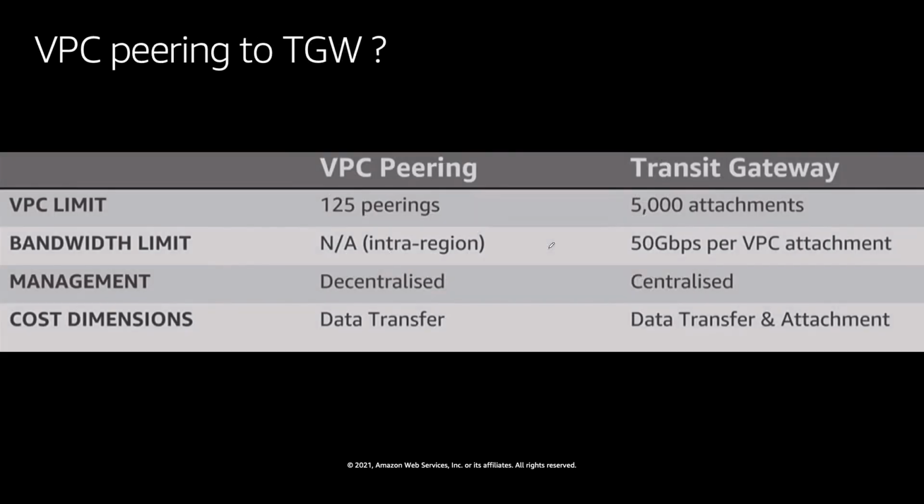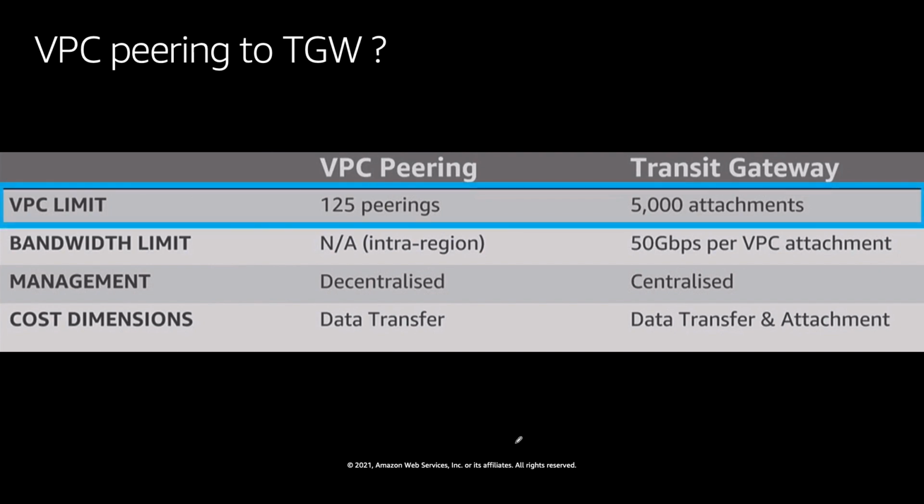So you may ask when to use VPC peering then, if transit gateway is so good. It depends on how many VPCs you have. VPC peering has a limit of 125, and don't take these numbers by heart. A few of the numbers might change as we speak, so look at the documentation for the right number at the time you are planning to implement or explore this. But basically, one of the important things is the VPC limit, knowing how many VPCs you can connect with.